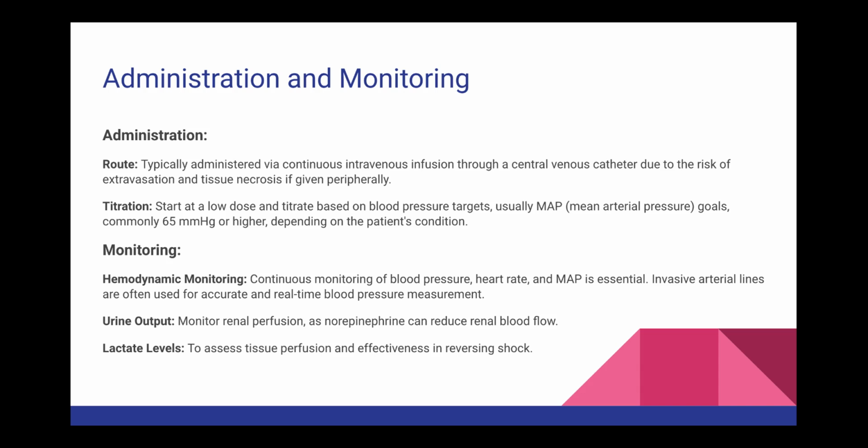So now let's look into administration and monitoring of norepinephrine. For administration, norepinephrine is typically administered via continuous intravenous infusion through a central venous catheter, and that's due to the risk of extravasation and tissue necrosis if given peripherally. Some symptoms of extravasation include pain, swelling, redness, and a burning sensation around the IV site, and in severe cases,